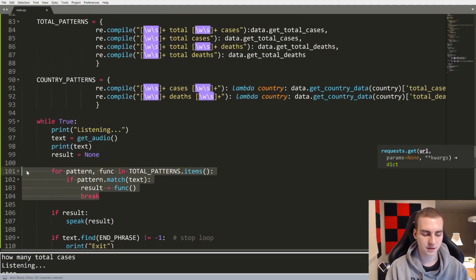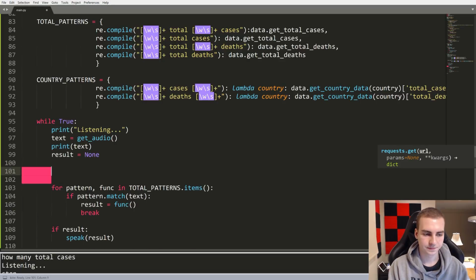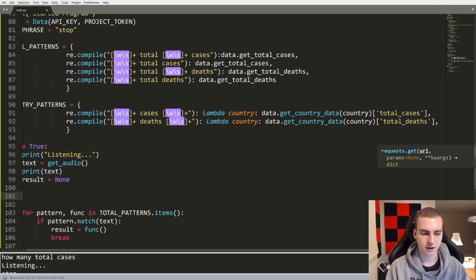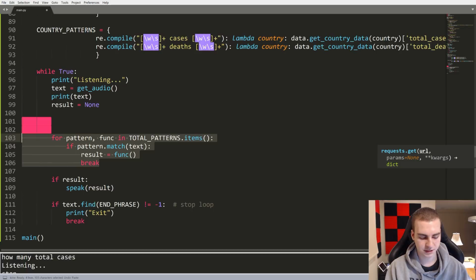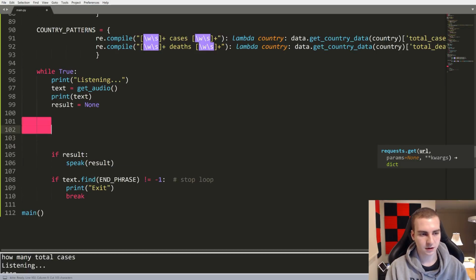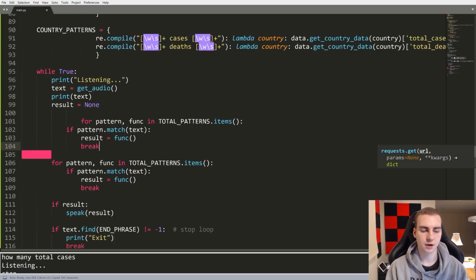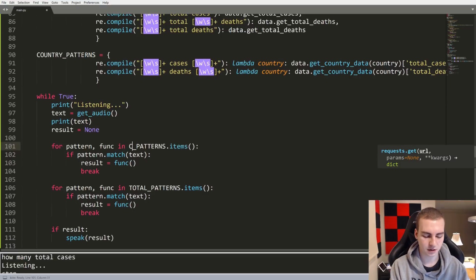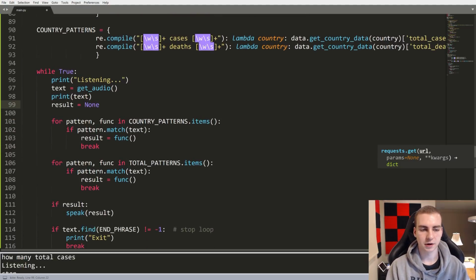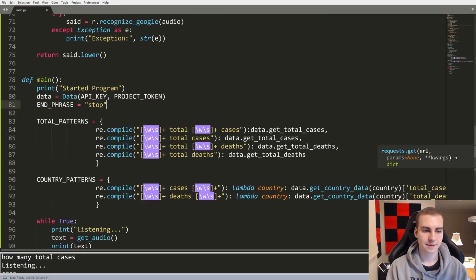So what I'm going to do is copy this for loop, and I'm going to paste this here. Keep forgetting that Control C is not working. So let's copy. Oh, what the heck? Copy and paste. Okay. So now this time for pattern func in not total patterns, but in country patterns dot items, we'll see if the pattern dot matches the text. And if it does match the text, what we'll do is we'll actually check if there's any name of a country in the text. So at the top here, I'm actually going to say